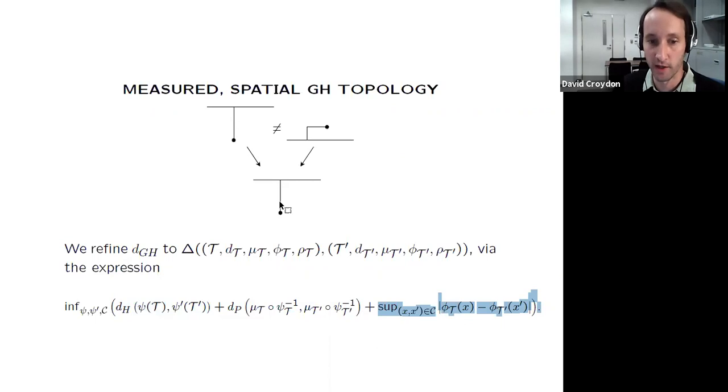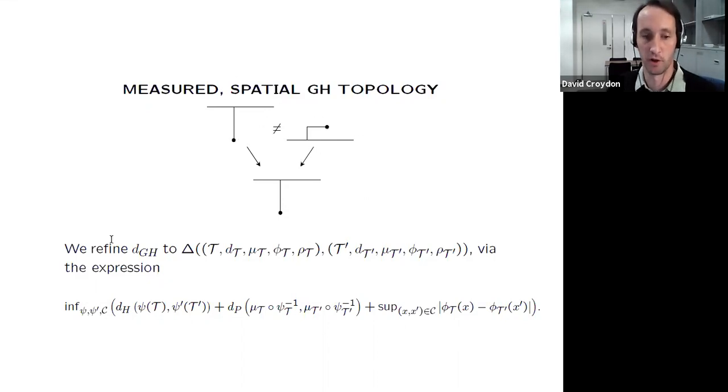So basically points that are close in this embedding down here should also have similar spatial position over here and over here. And you can see that if I think about the spatial position of this, then this doesn't match up with this. And so although the metric structure is the same, the spatial structure isn't. And so these trees aren't going to be equal in this generalized version of the topology. And so it's a finer topology than the original one. And so this is the topology we're interested in.